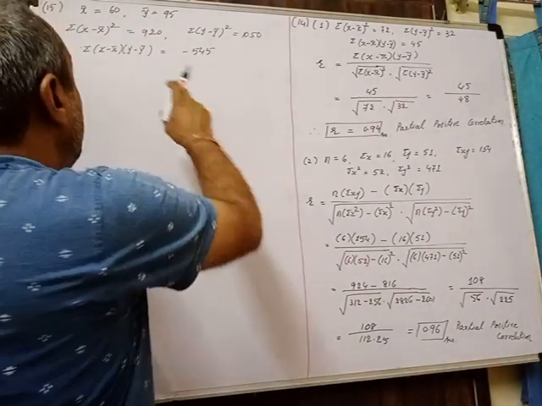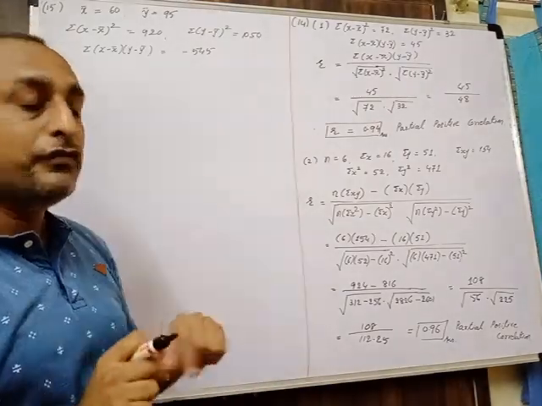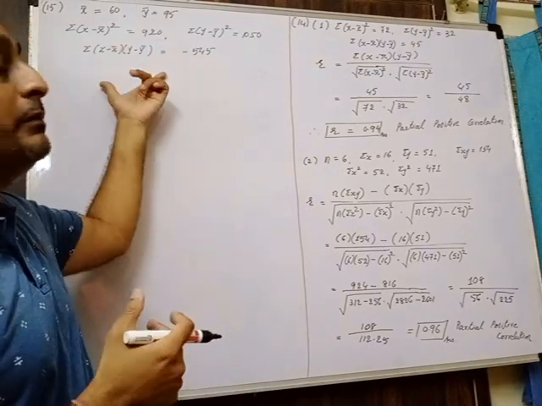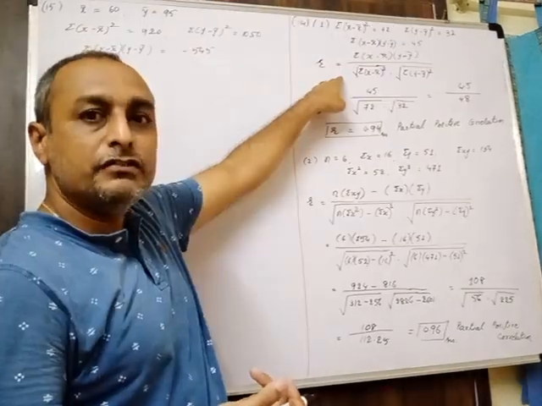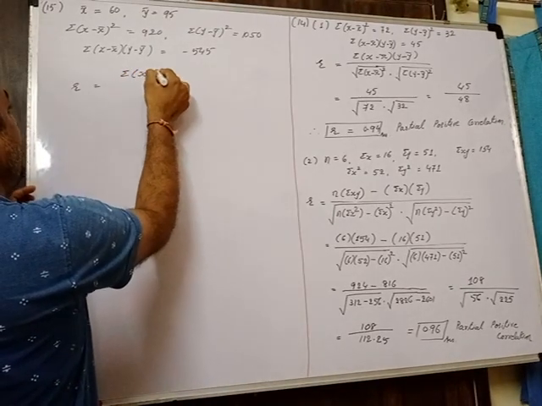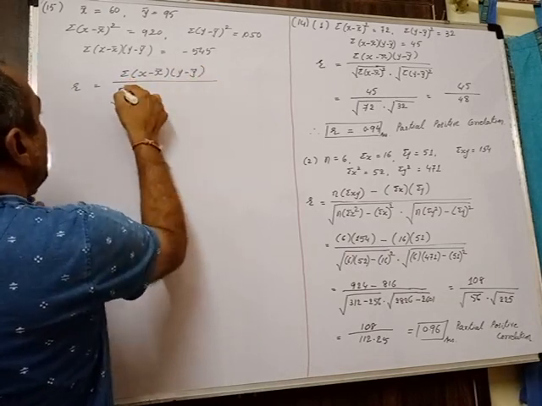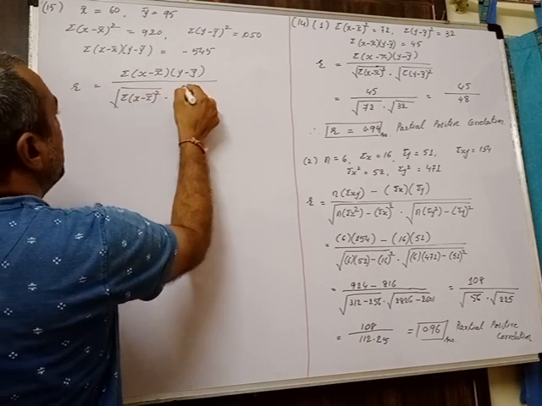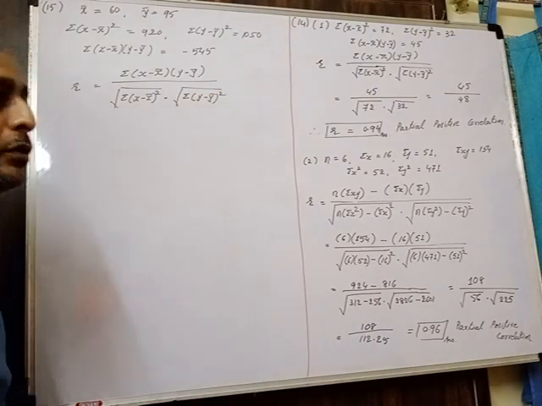So again, data provided in the form of a sentence is why it becomes a little bit difficult for us. But when you bifurcate it and see which type of data is provided, it will become easy for you. Now, which formula is useful here? This one, which you have already recorded. R is equal to the sum of x minus x bar into y minus y bar, divided by the root of the sum of x minus x bar the whole square, into the root of the sum of y minus y bar the whole square.